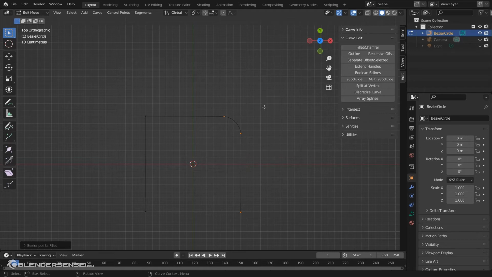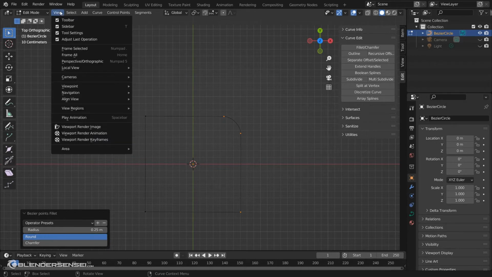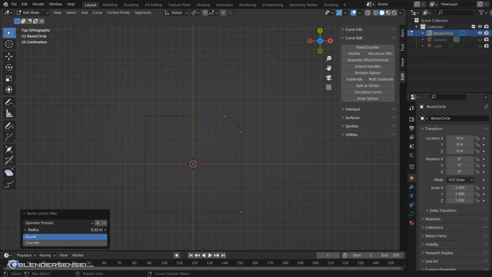I'm just going to call it fillet. But anyway, you can see what it did. It beveled that curve. This is definitely one of those add-ons that you want to have the adjust last operation menu open with. And so if you've turned that off at some point, that can be found under view and adjust last operation. So here we can adjust the radius of the fillet, the bevel, whatever you want to call